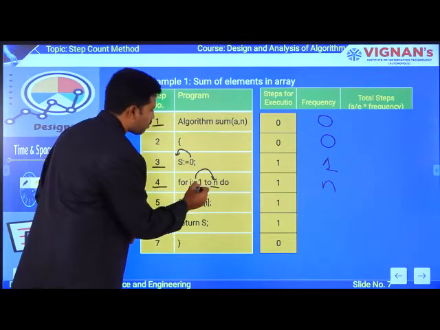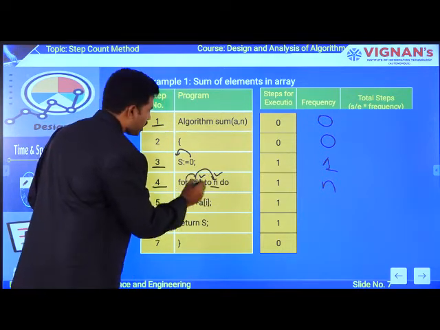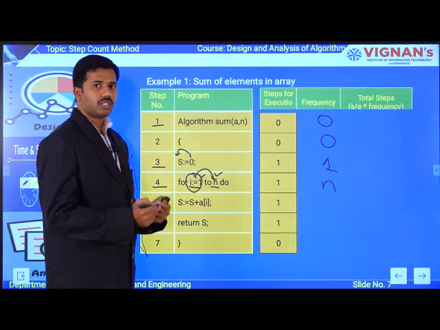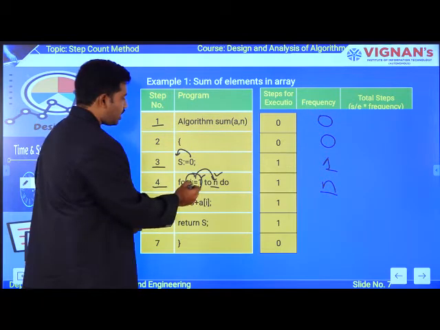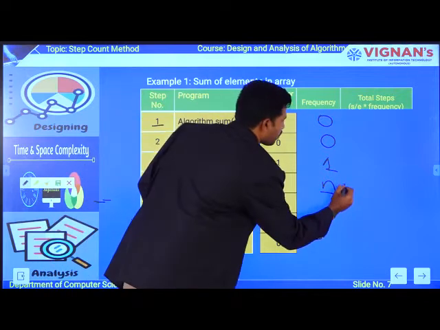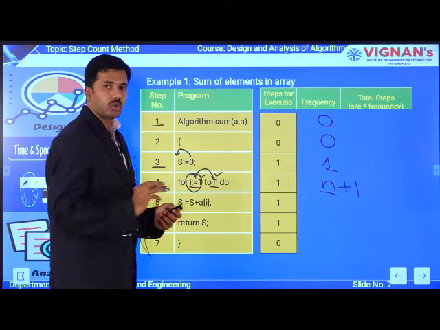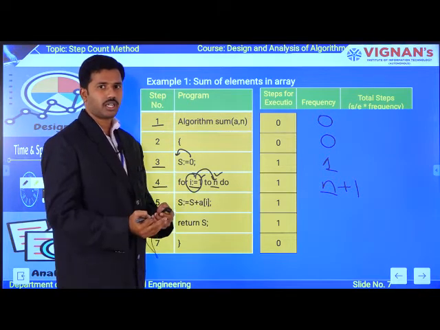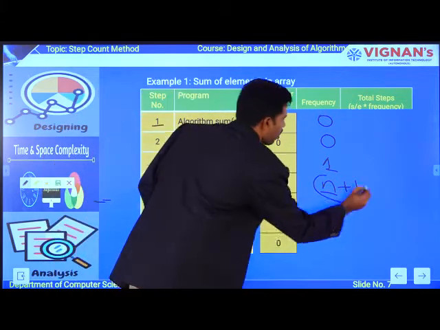Along with the first value 1 and the second value n, it also has an assignment statement. So the for loop is executing n times, and it also has one assignment operation. Together the frequency is going to be n plus 1, not n. Don't get confused. This for loop has 2 instructions: how many times it executes, and updating the i value. Together it is n plus 1, not n.